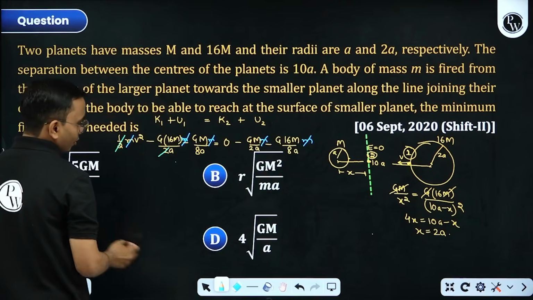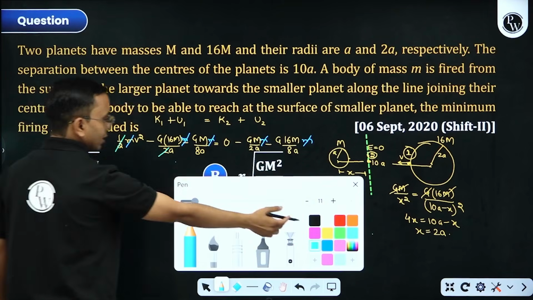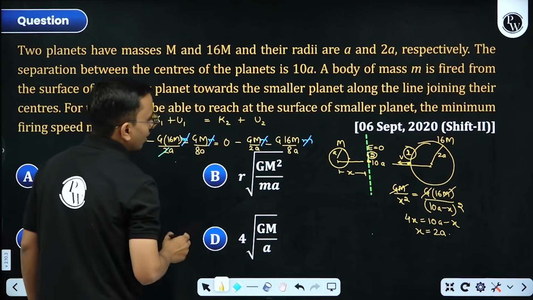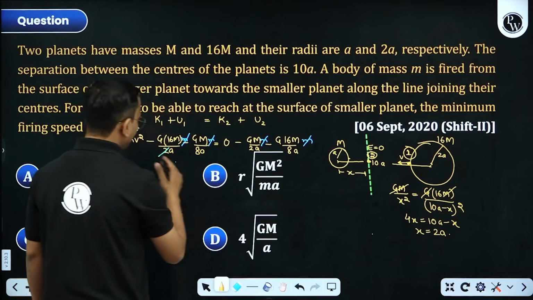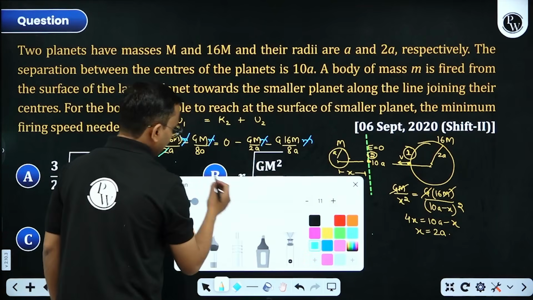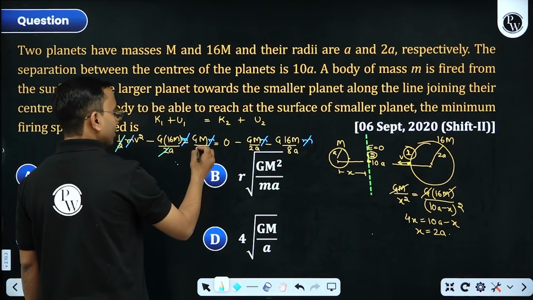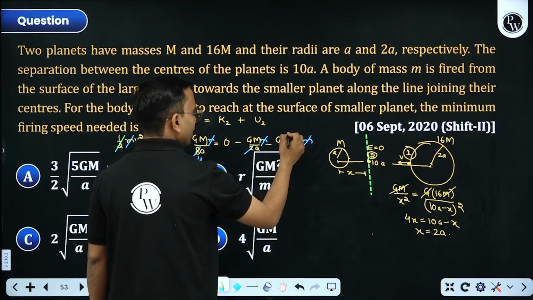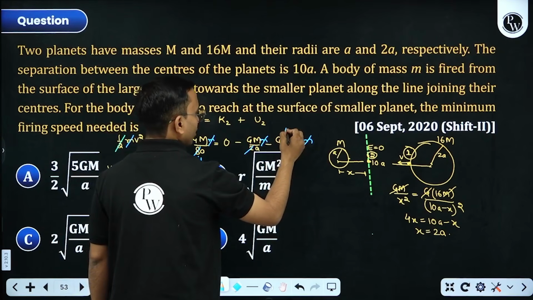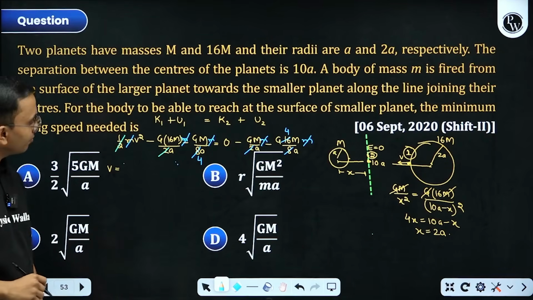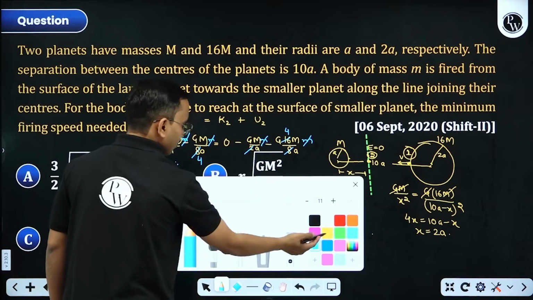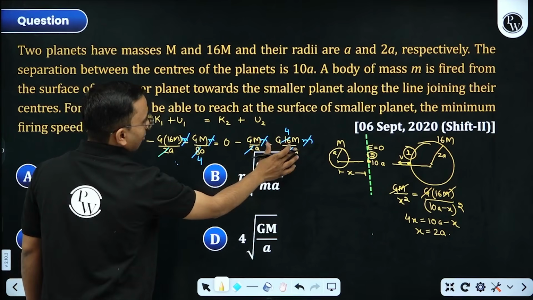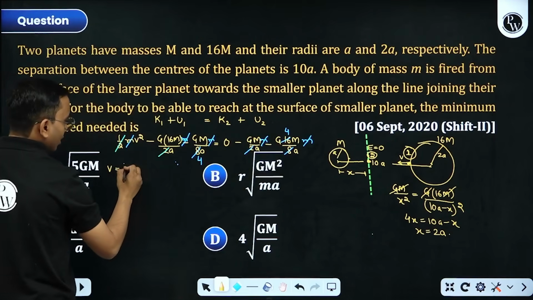Now taking everything towards the right, we can simplify for v. By 2 also I was cancelling, so let us cancel this properly. This half will become 4 here, this will become 4 into 2, 4 into 4. Perfect. Now let us write it properly. So v is equal to, what's there first? Minus Gm by a, minus 4 Gm by a, that is minus 5 Gm by a.